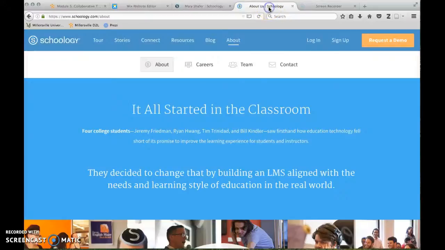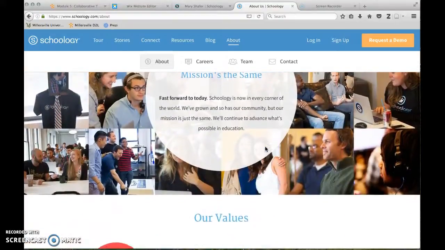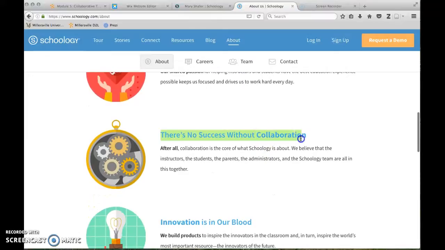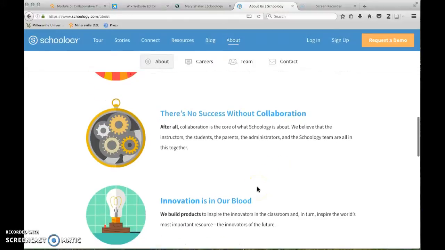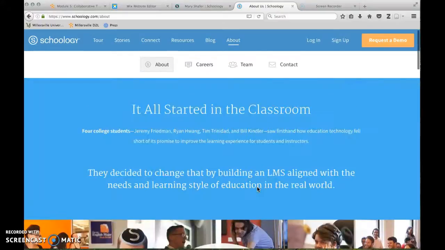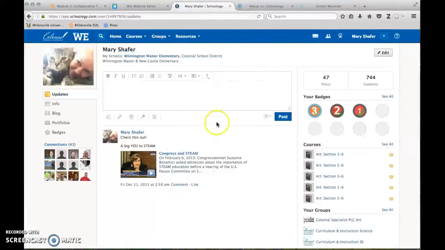The other thing I did want to point out was I started to do some research. Very cool that this Schoology was started by 4 college students. They felt it was very important, and they wanted to take education to the next step in technology. Their values were kind of aligned to what we're talking about. There's no success without collaboration. So they built the entire Schoology around how they could get all students to collaborate, which I thought was pretty interesting. So that was just looking into the about Schoology,